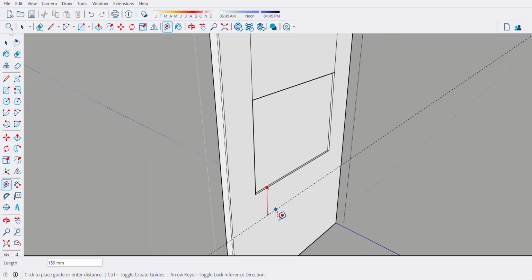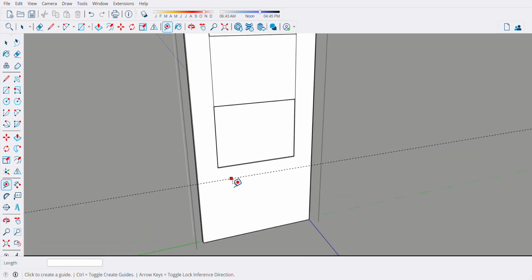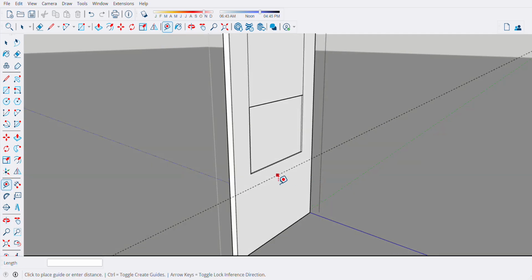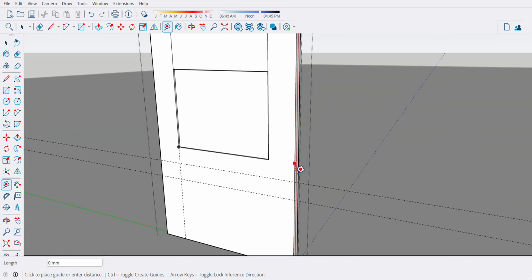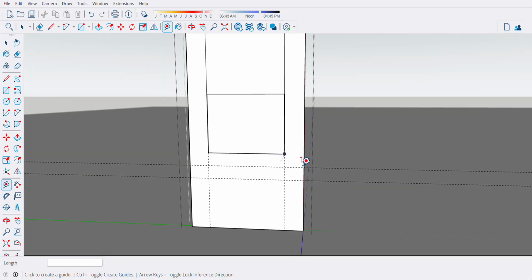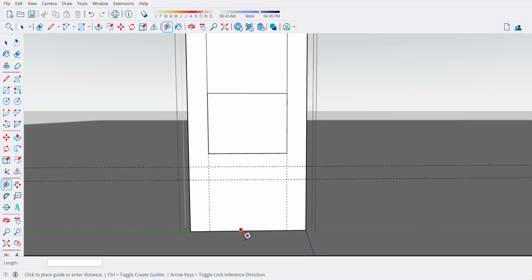We will add. So 100, or okay, another 100. 150.